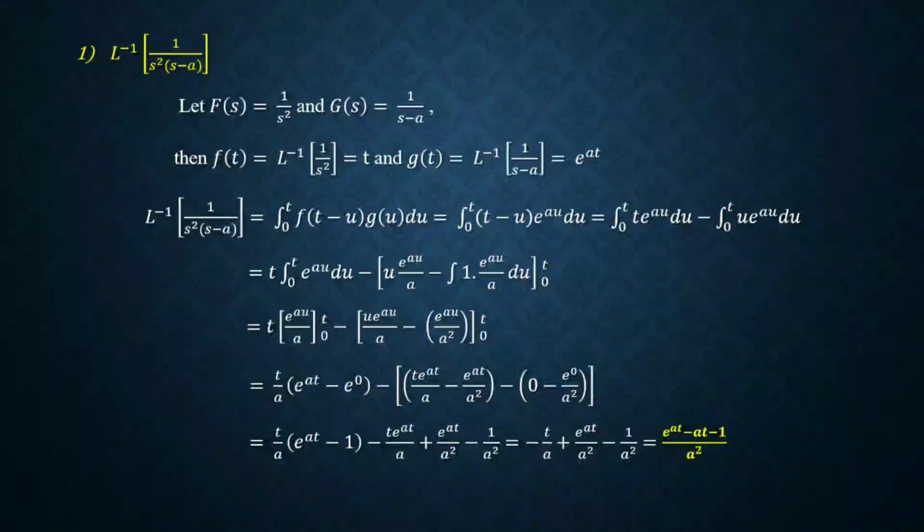So, e raised to au du, which is equal to, now we will split and write integral 0 to t e raised to au du minus integral 0 to t u e raised to au du, right? Now, t is constant here. So, t integral 0 to t e raised to au du minus integral 0 to t u e raised to au du. Now, we have to find out the integration by